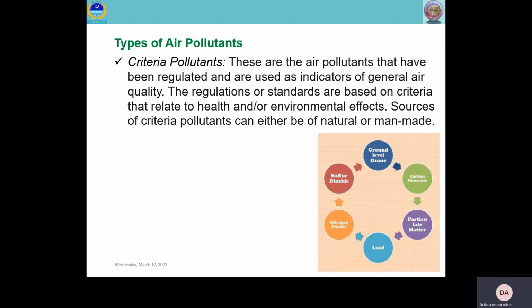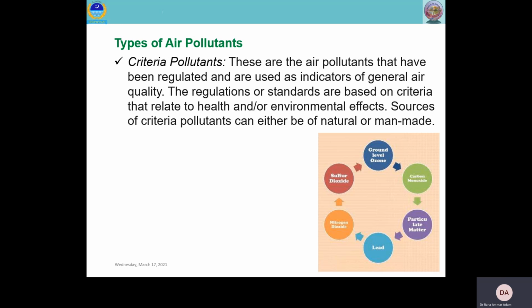Since these pollutants have been considered in setting out those standards or criteria to maintain the health of our environment, or to ensure sustainability in the quality of our environment, that's why these pollutants are called criteria pollutants. And you can see I have included one figure here to give you an idea what I mean by criteria